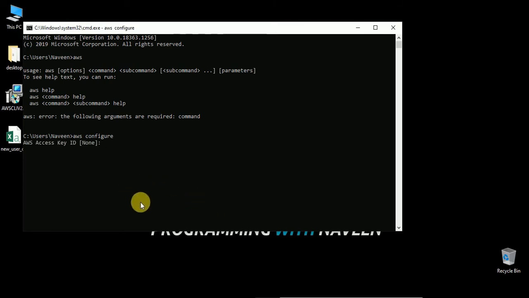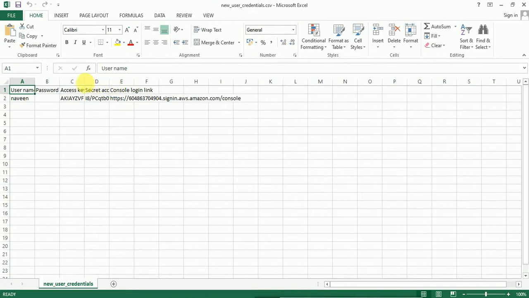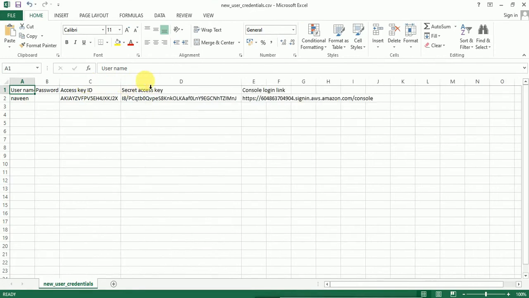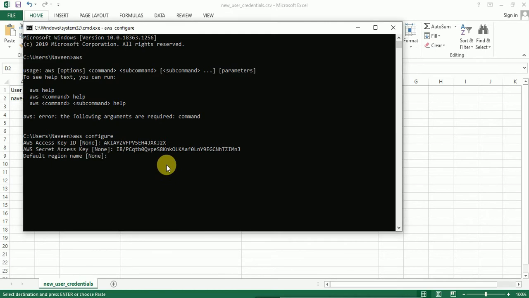When you create the user and allow programmatic access and CLI access, you will get a secret access key and an access key ID. I already have this. If you don't have it, you can generate a new one, and only after that can you access from the CLI. So I have the access key ID, then it will ask for the secret access key, and then you can provide the region. I am giving US East 1, though it's up to you; any region is fine. Then, if you want, you can give the JSON format, and then it's configured.